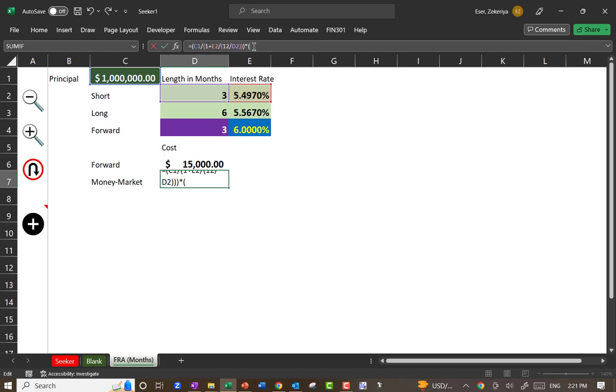Let's multiply that by 1 plus the long rate divided by 12 over long. Okay. Apparently I was making a formula mistake with a parenthesis somewhere. So that's going to cost me